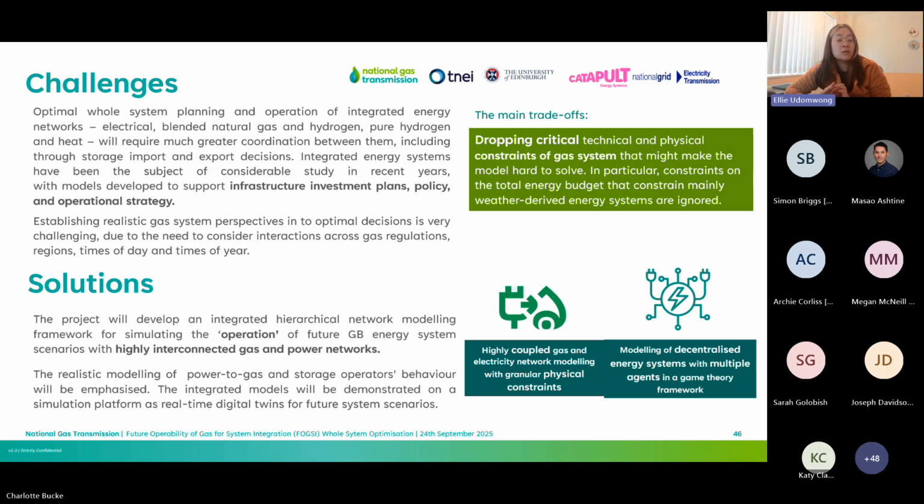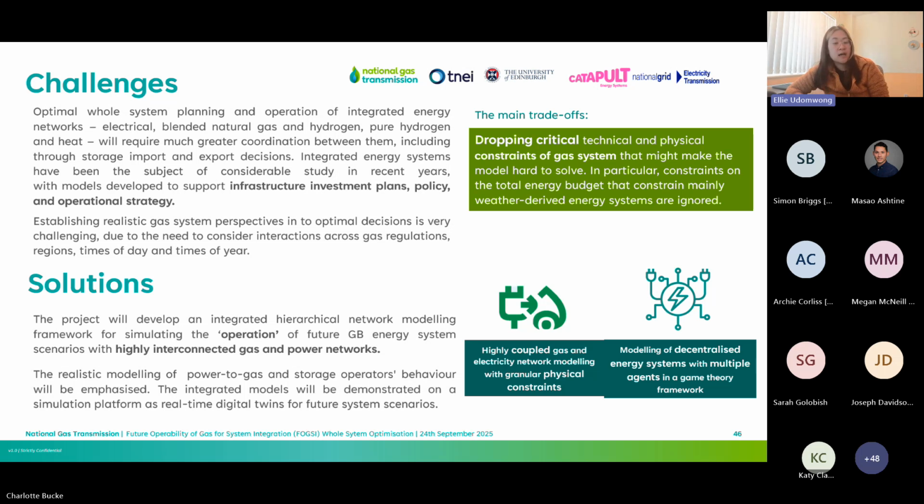Obviously, if we fail to account for this complexity, the energy industry could seriously underestimate the challenge of operating an integrated system, the assets that are actually required to maintain energy resilience, and the investment and operational costs that we will need to have when hydrogen comes into the system in the future.